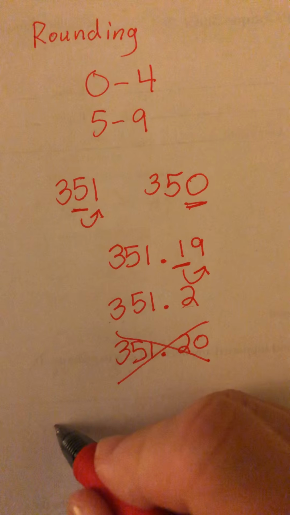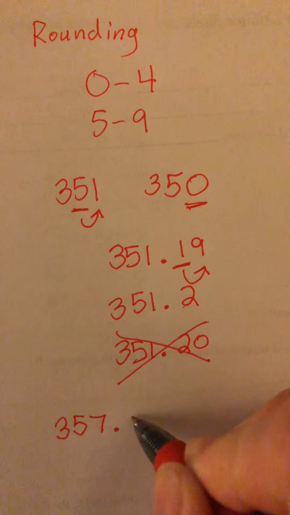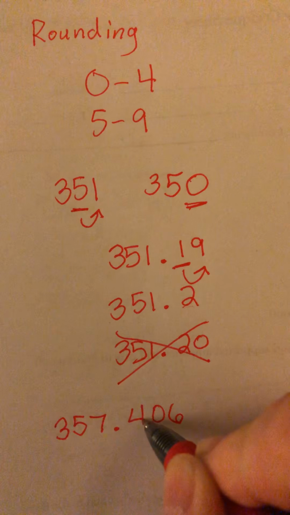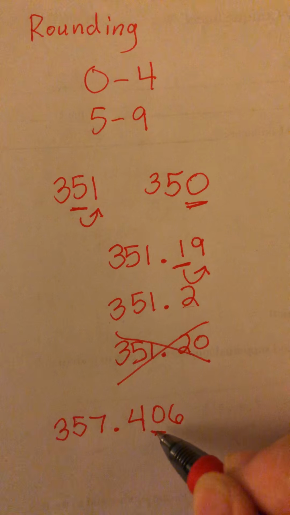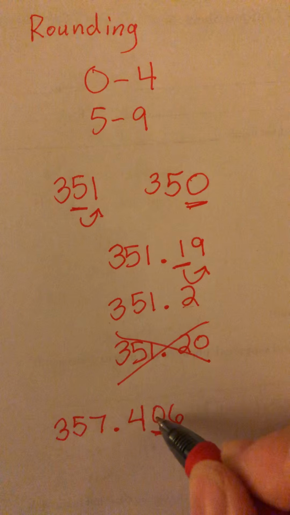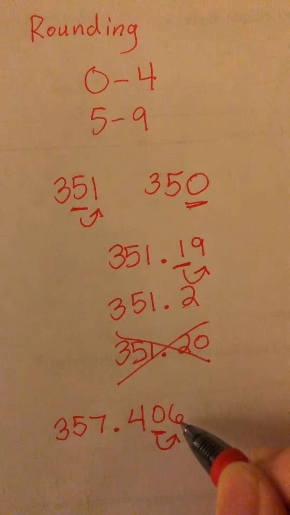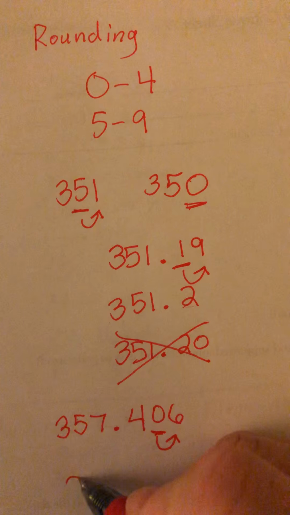Let's try another one. What if I had 357.406 and I wanted to round to the nearest hundredth? I'm going to look at the 0. This is the hundredths place, so I go to the digit after it. 6 is 5 to 9, so I'm going to climb the vine. I'm going to go up. So I get